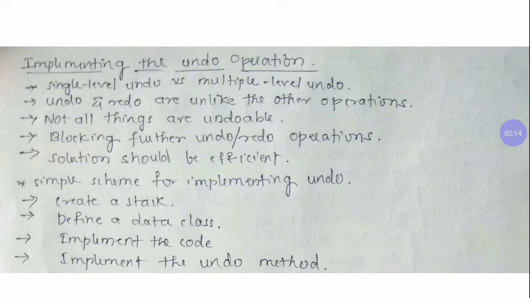The next thing is blocking further undo and redo operations. It is easy to see that uncontrolled undo and redo can result in meaningless requests. It is safer to block redo whenever a new command is executed. Consider a situation where we have the sequence: select A, select something, undo, select something, redo. Then redo tries to mark that something as selected. This could result in an exception depending on how things are implemented.